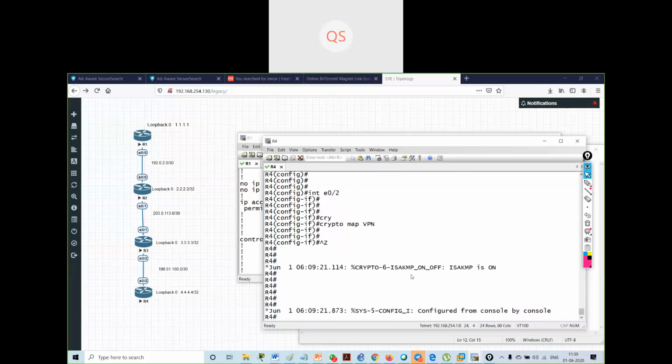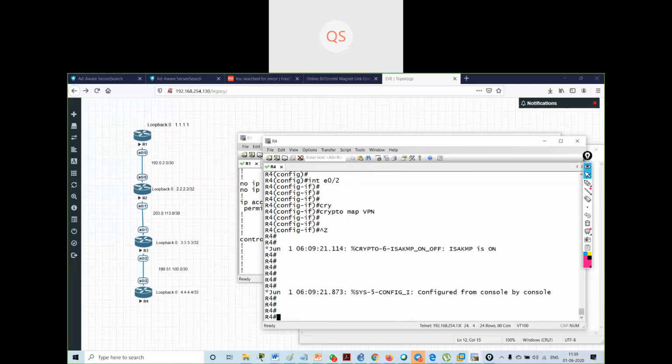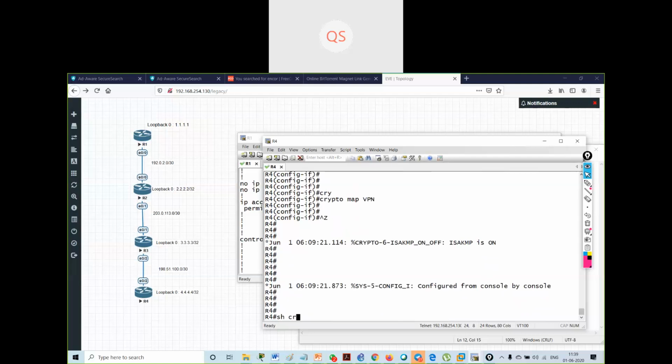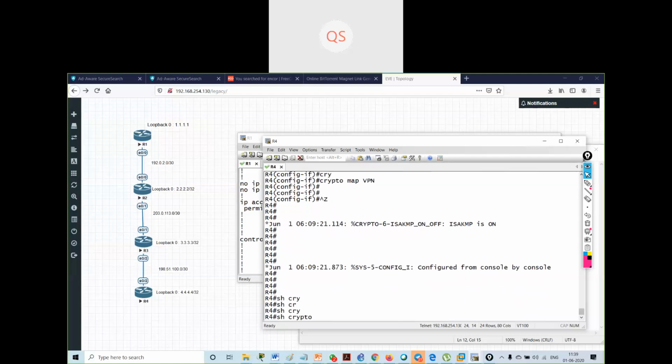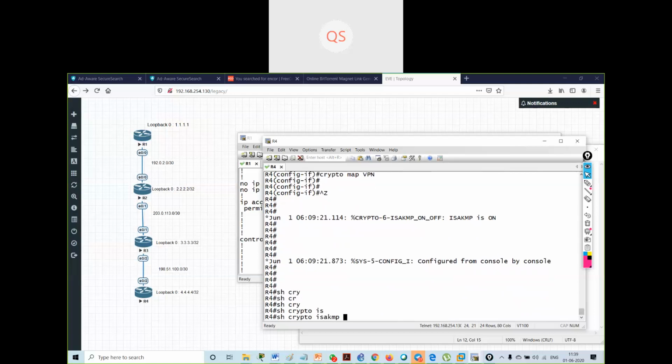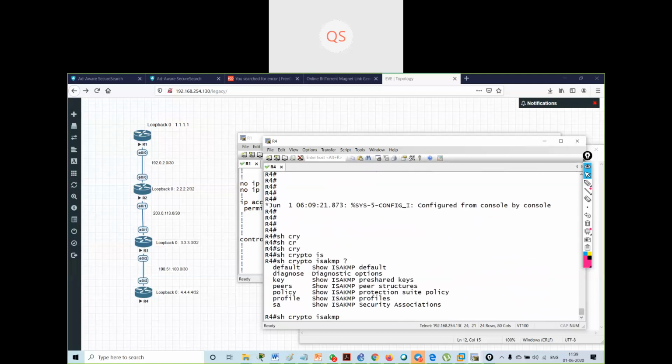Crypto ISAKMP is on. Okay, to verify I have to give the command show crypto ISAKMP SA, Security Association.